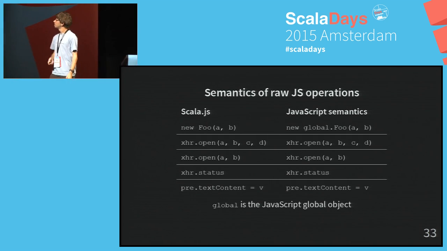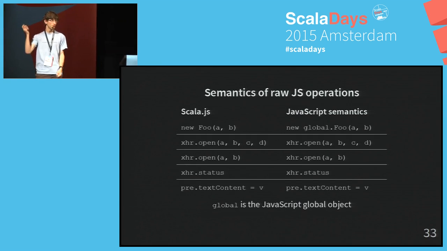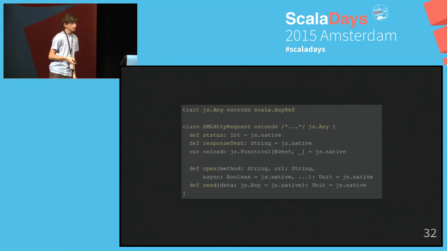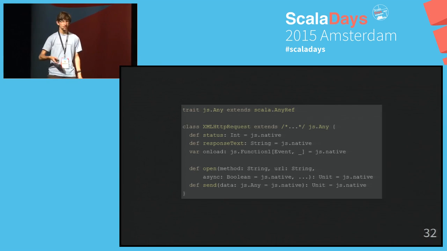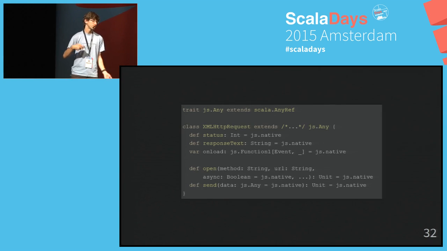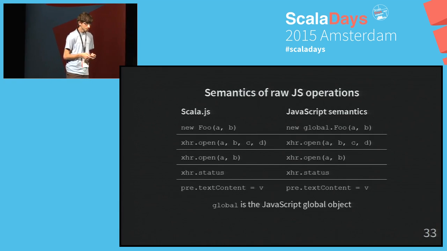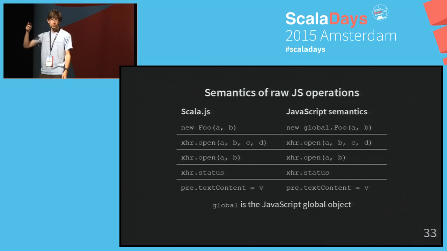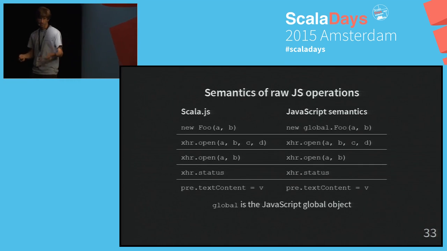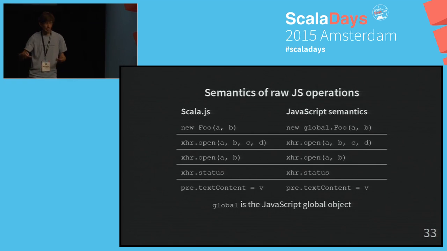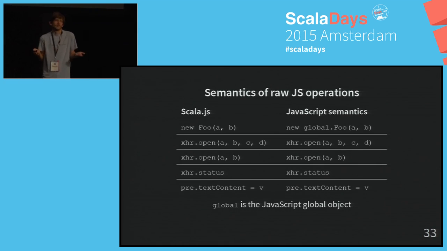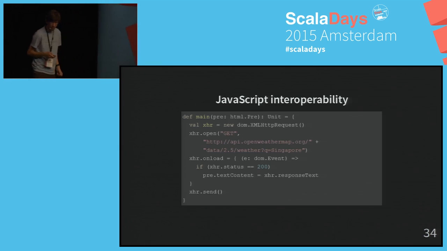So you can notice that I have two instances of the open method here, but in the definition there's only one. It's just that it has default parameters, and default parameters will be translated to the JavaScript notion of default parameter, which is not putting the parameter in. Same for variadic arguments, or star, and a lot of other features that go beyond the scope of this talk. But basically, it just works. That is what you should typically remember from this.